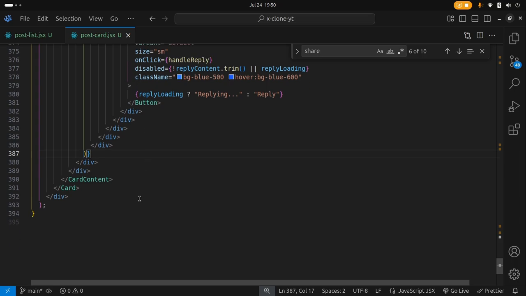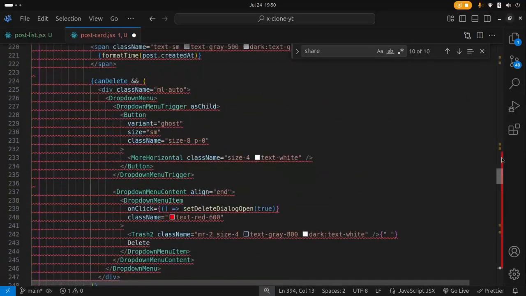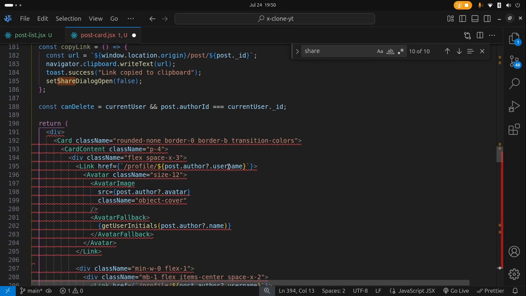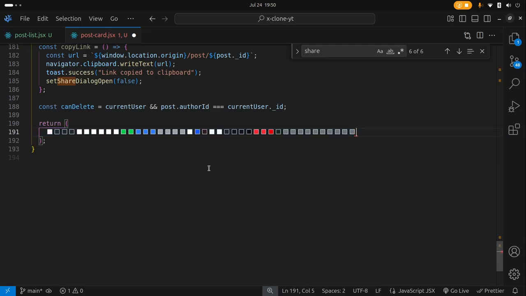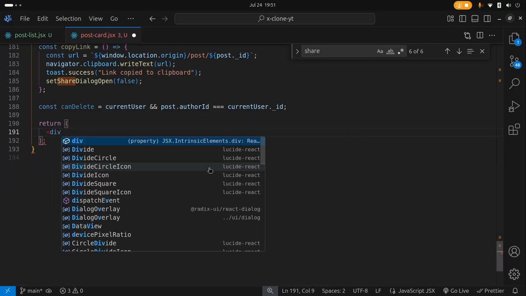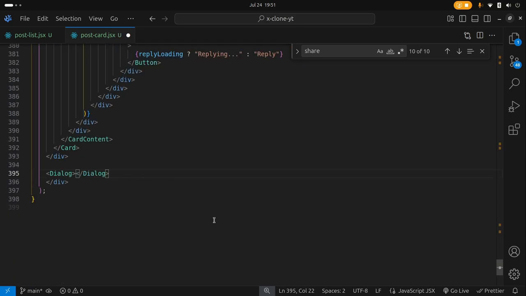And then we're going to go all the way to the bottom of this, and we want to go ahead and create the delete dialog. So inside here, we're going to render out the dialog component, but you'll notice that we're getting an error because we can only return one parent element in a single return statement. So what I'm going to do is right at the top where our return begins, I'm going to shrink this down and then cut all of this out and place it inside another div. And when I do that, then I can paste in the rest of the application,